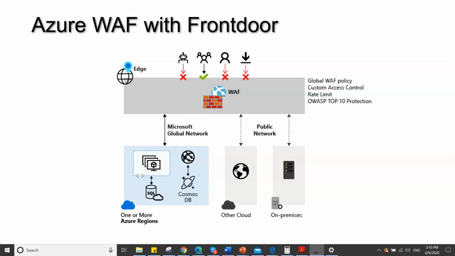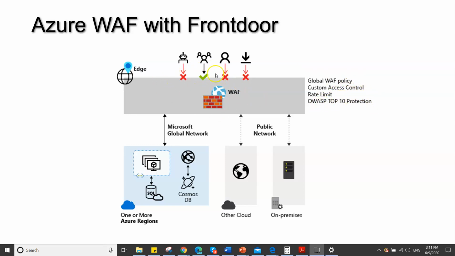It's deployed on Azure network edge locations around the globe. Web application firewall inspects every incoming request delivered by Front Door at the network edge itself. If you can see in the picture, there are a few edge locations where you have the Front Door, and as soon as the request comes in, you can enable the web application firewall policy, custom access control, rate limit, and OWASP top 10 protections.